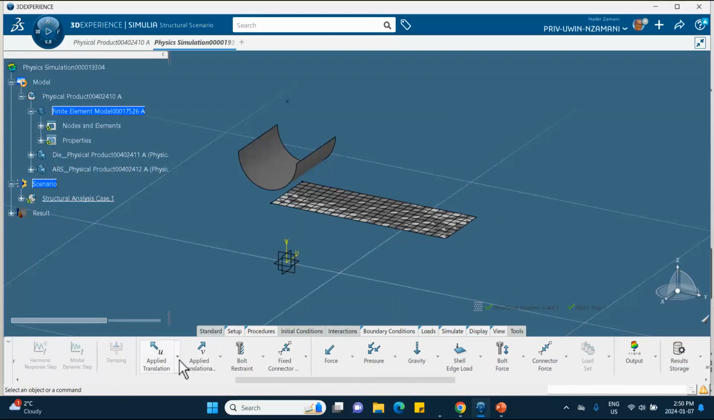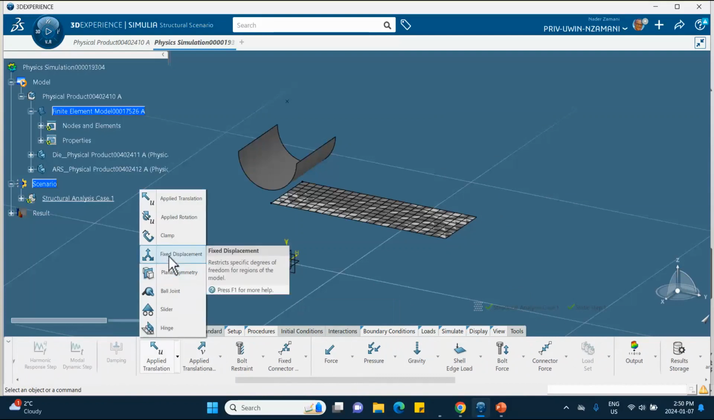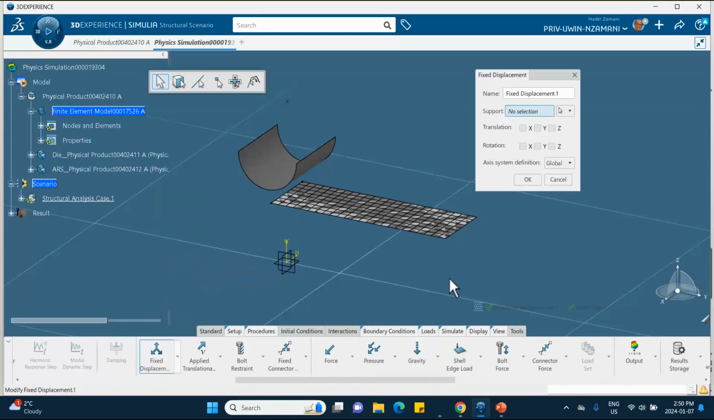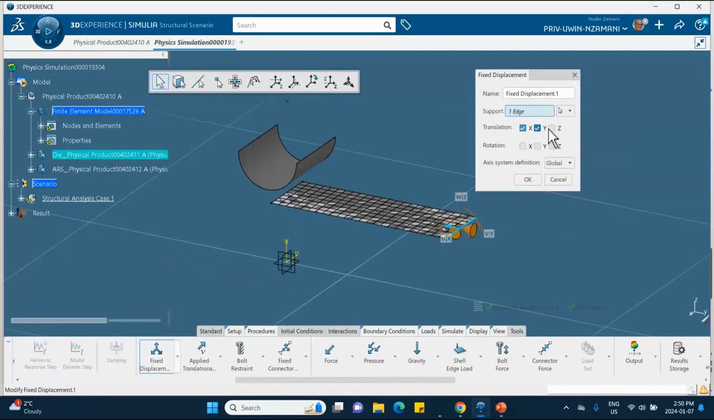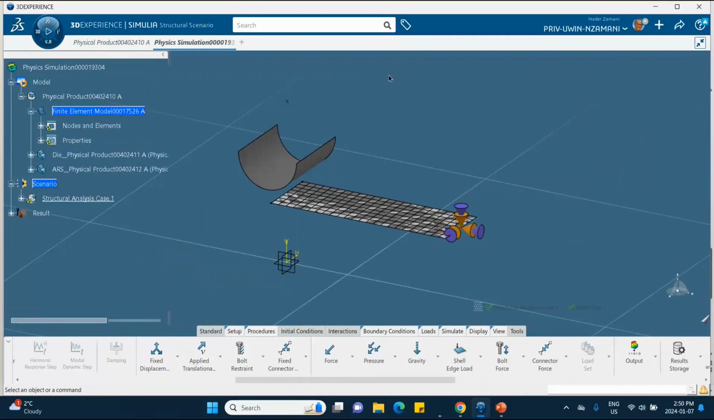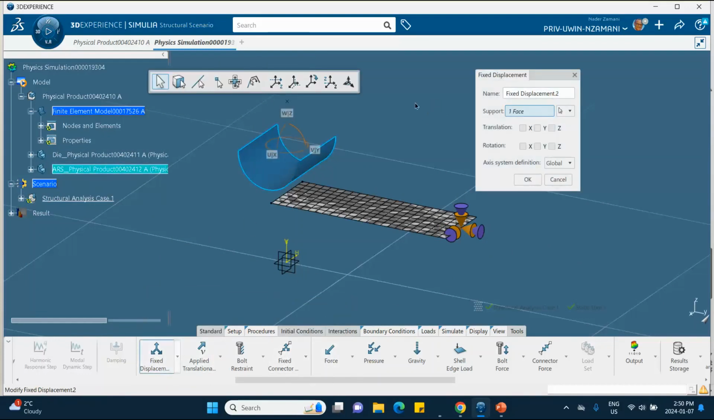So let's go to the, you can use a clamp, or you can use the fixed displacement. I will use fixed displacement. So all 6 degrees of freedom are fixed. And then this surface can move only up and down. So another fixed displacement on this surface, which incidentally,